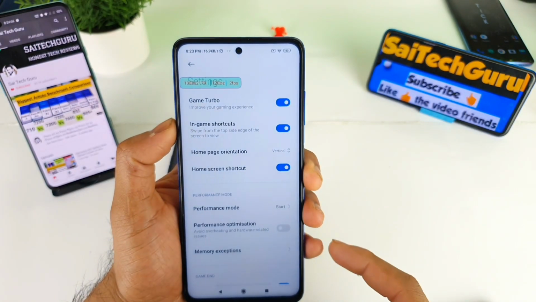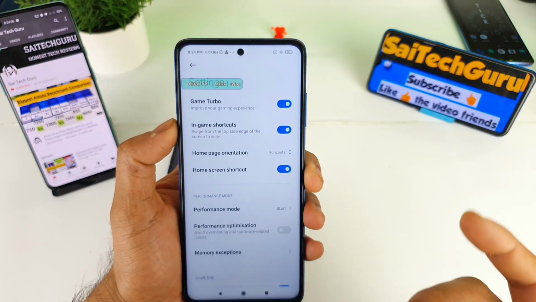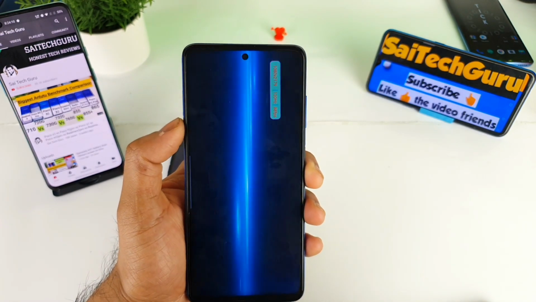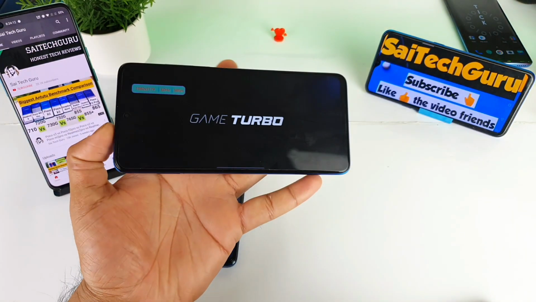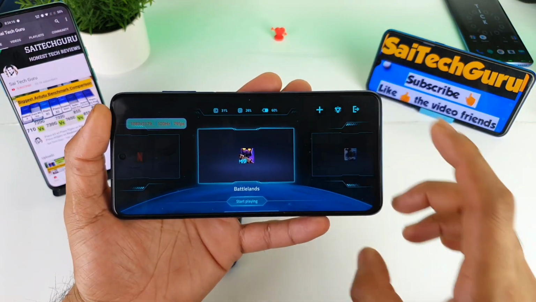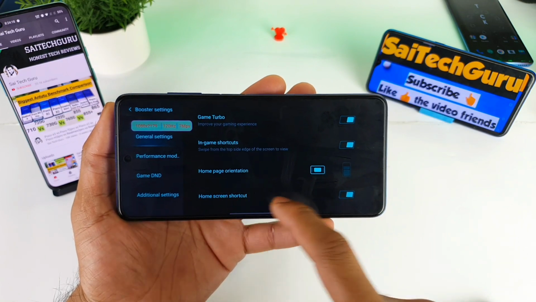And let me go back to the settings, and let me change the orientation to the horizontal, so it's very good for looking. So let me try to open again. As I said, the sound is very good in this phone. So let me go to the settings back, and home shortcut settings and